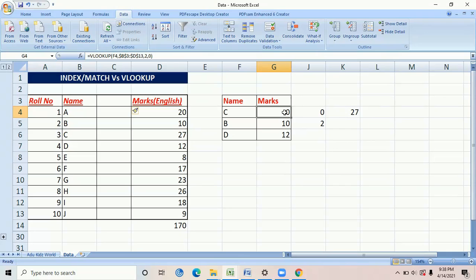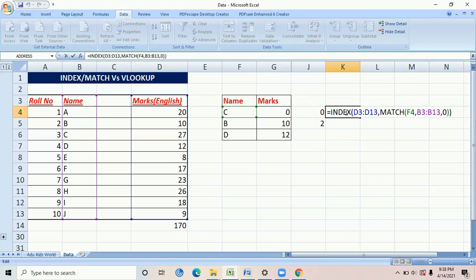You see that under the VLOOKUP, the value has gone to 0. Why? Because the data was selected based upon this range, which was this to this, and a new column has been added. So it is still reading the data from column 1 and the second column is C, and since the C column is now blank, it is throwing me a result of 0. Whereas in my INDEX, the position of the answer has not changed, and it is still giving me the same answer, 20. So here I am not selecting a column range, whereas I am specifying the column from where I need the results. So that is the major difference between a VLOOKUP and an INDEX and MATCH formula.